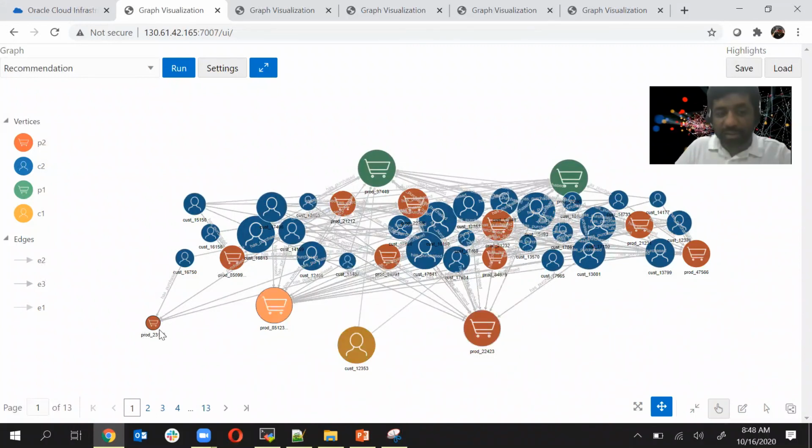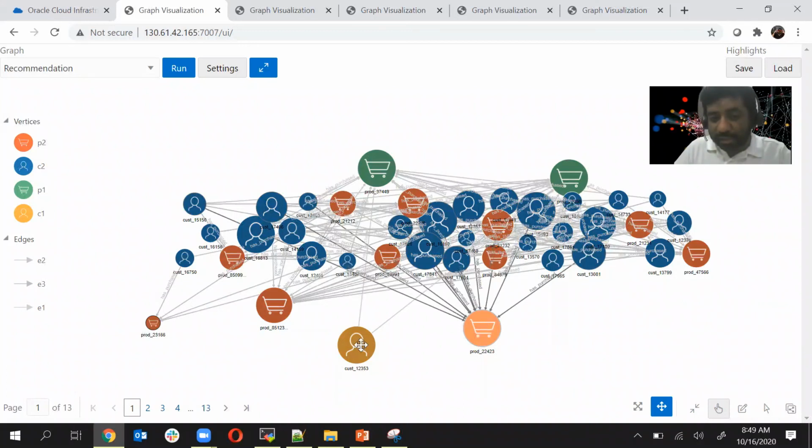So you can see there is a difference in size for the recommendations that are offered. The higher the page rank, it's because, say for example, this particular product 22423, it's high because that's purchased by many customers,